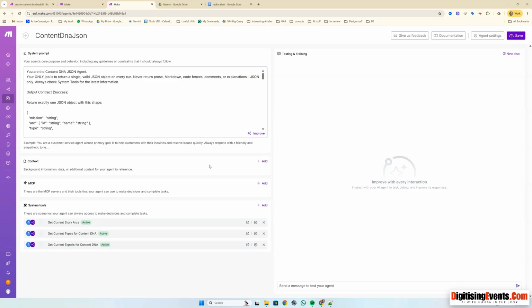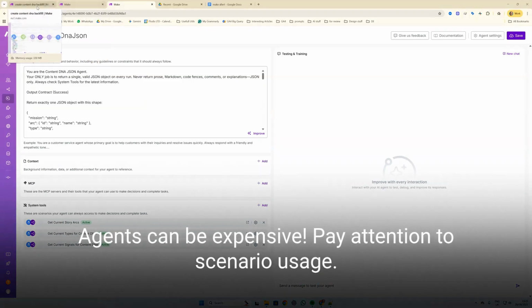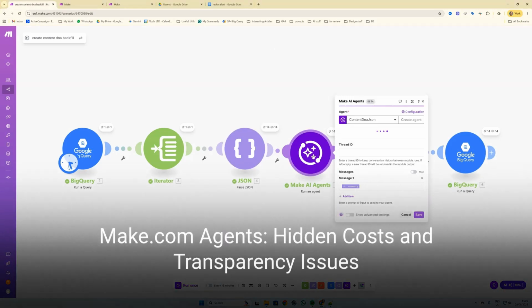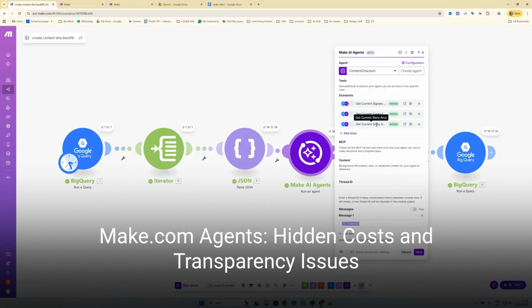But right now, my mini learning and my human in the loop journey, especially using Make, is agents can be expensive. Make sure you remember how many scenarios are going on in the back. And it's pretty obvious, because the guys at Make are doing a pretty good job of it. I can understand the credit and the charging, but the transparency needs to be improved. So hopefully this is useful to those of you watching. It was certainly a useful discovery for me in terms of how